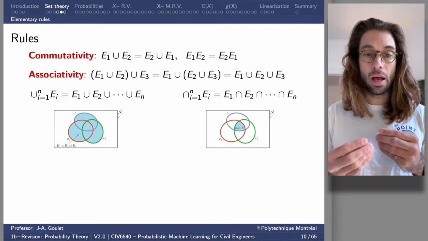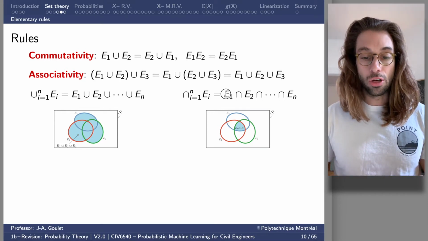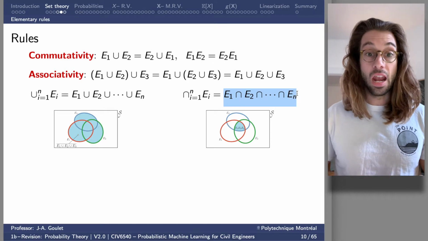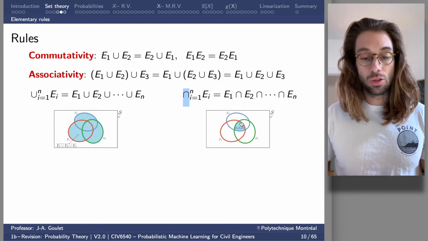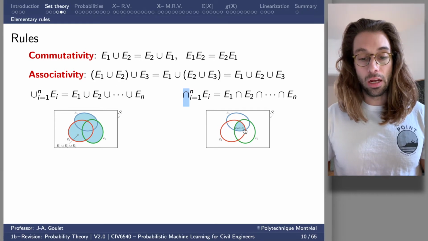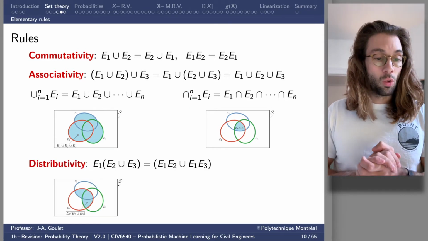We have the same thing for the intersection. We don't care about the priority order. We can generally represent the intersection of a set of n events with this cap operator from i equal 1 to n of Ei. This represents the intersection of all my events. We have the